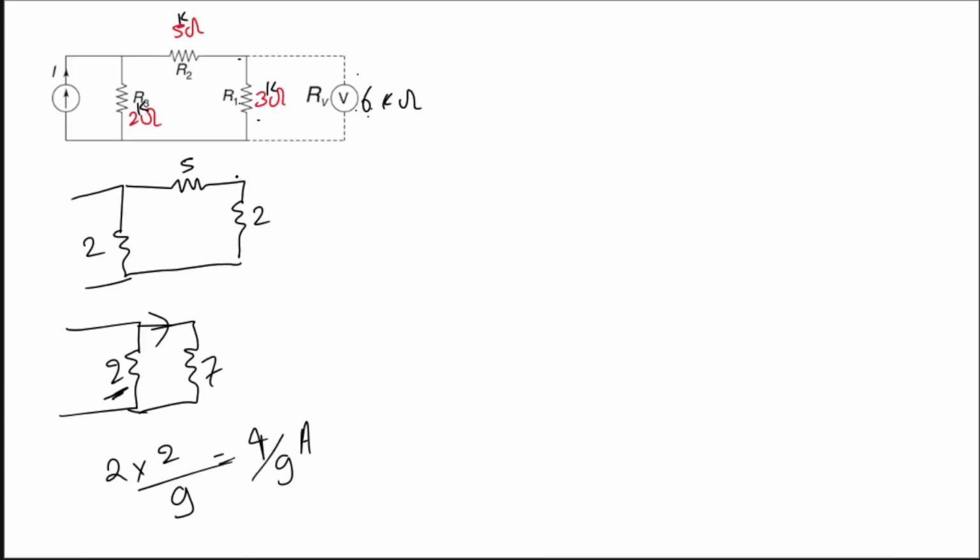And what will be the voltage drop across this two? Across this two, current flowing through this is 4 by 9 ampere. So voltage drop will be equal to 8 by 9 volt. Right, and this voltage will be same as voltage across 3, because this 2 is what? This 2 is our equivalent of two parallel combinations. So voltage across both these two branches, 3 kilo ohm and 6 kilo ohm, will be same as that of across its equivalent, and that is 8 by 9 volt. Okay. So here we are getting 8 by 9 volt.